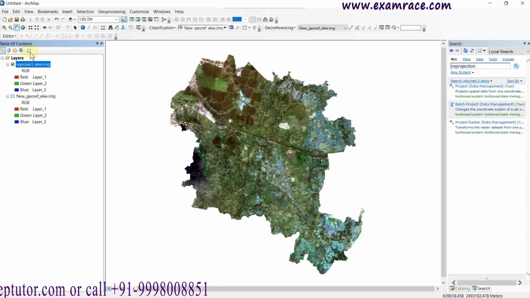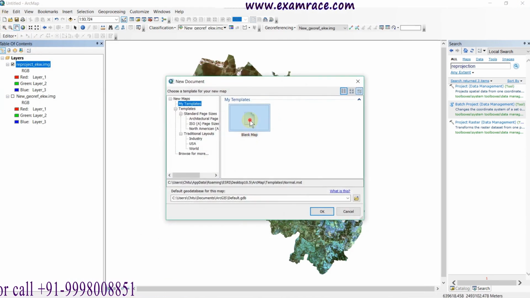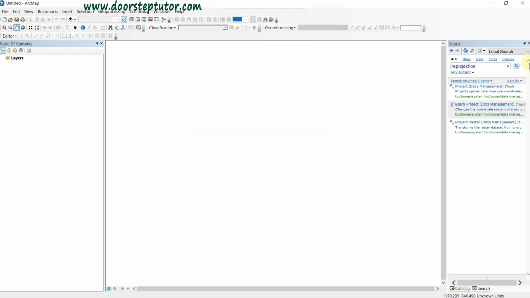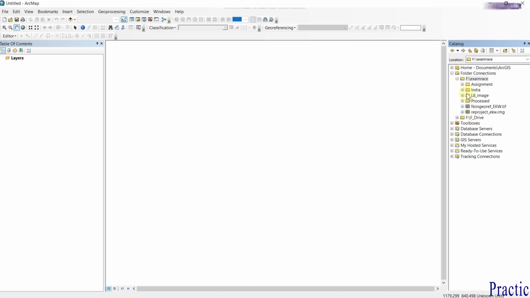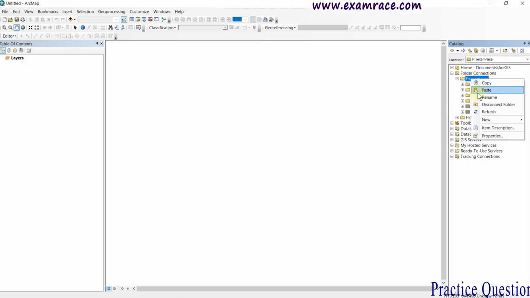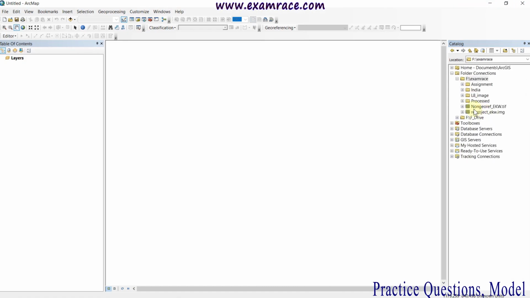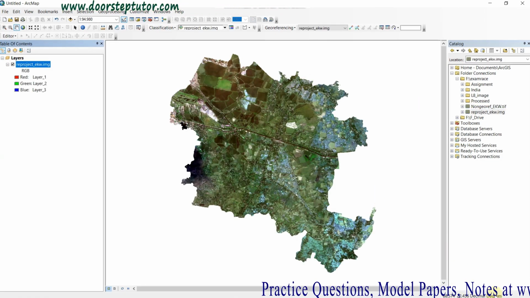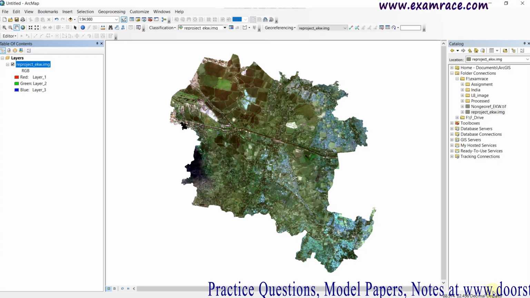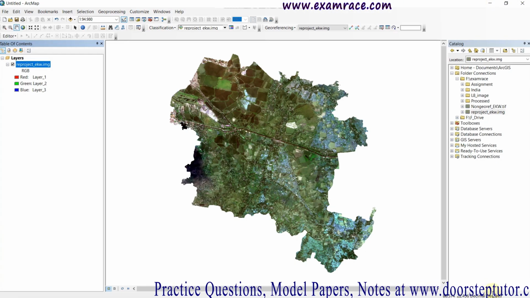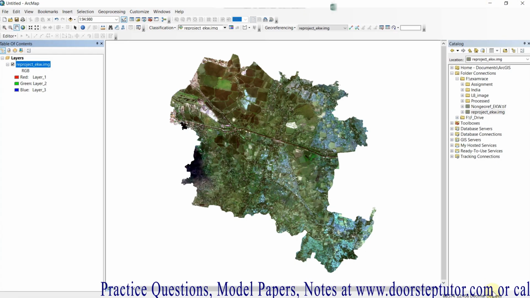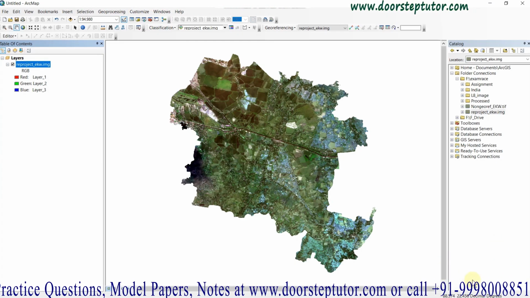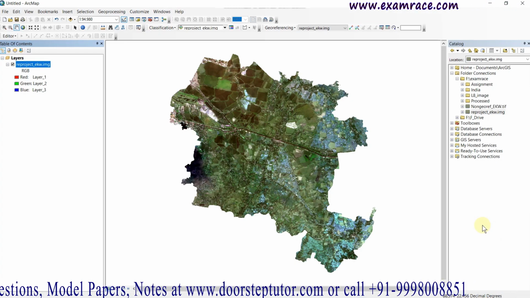I am going to take a blank map again to show you the differences. Now this is the reproject EKW image. You can see here the difference, the decimal degree. Till now you saw the UTM projection system and all were in meters, but now you are able to see decimal degrees.